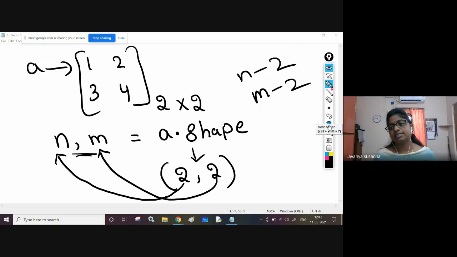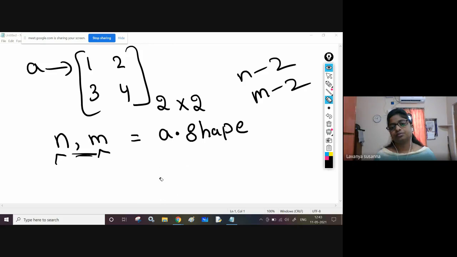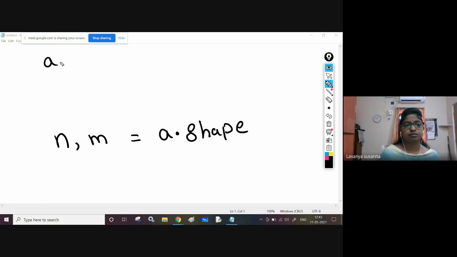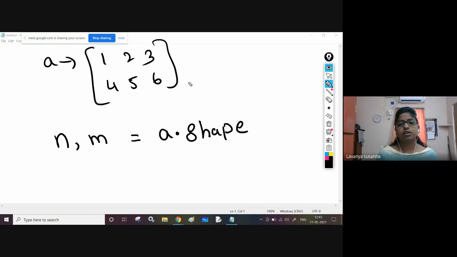Once again, see another example. Okay, take this example. How many rows are there? 2 rows. How many columns are there? 3 columns.